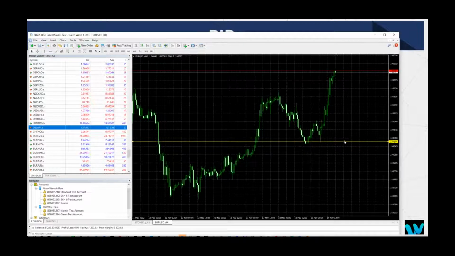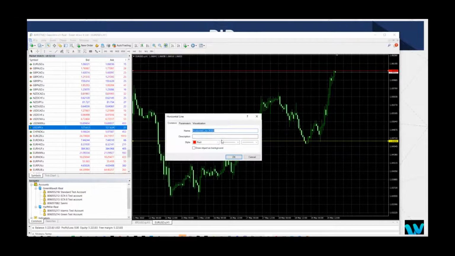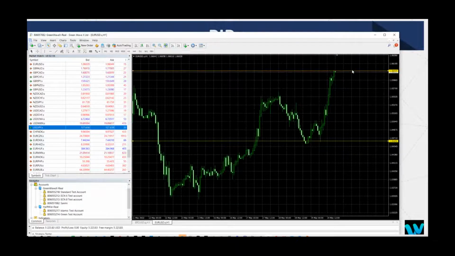Yellow is a bright color and it works better on dark background. Let me also use yellow here. Okay, then I double click to make it stick there. So let's say I want to look at the number of pips between 1.0461 and